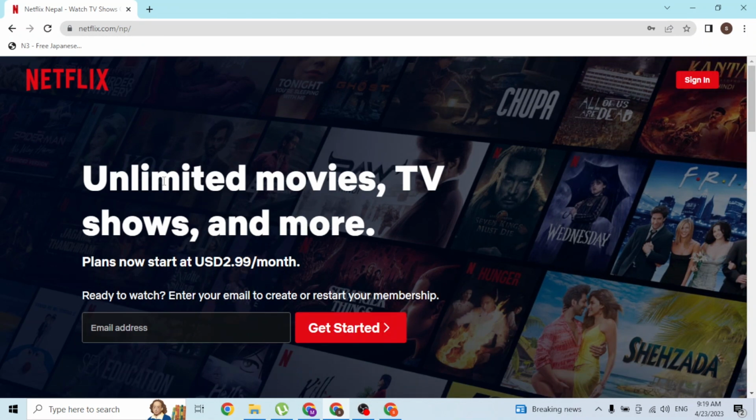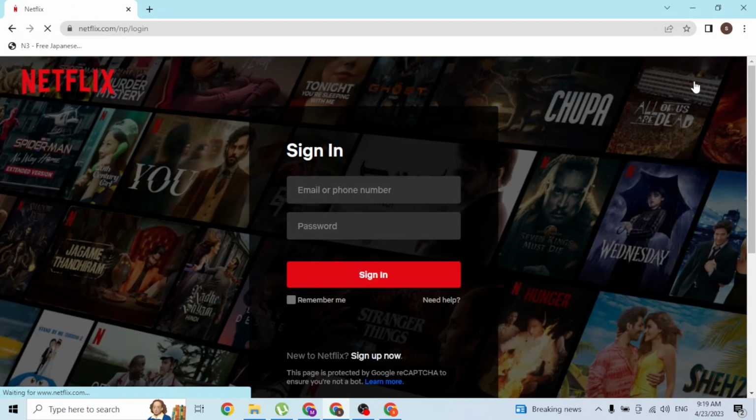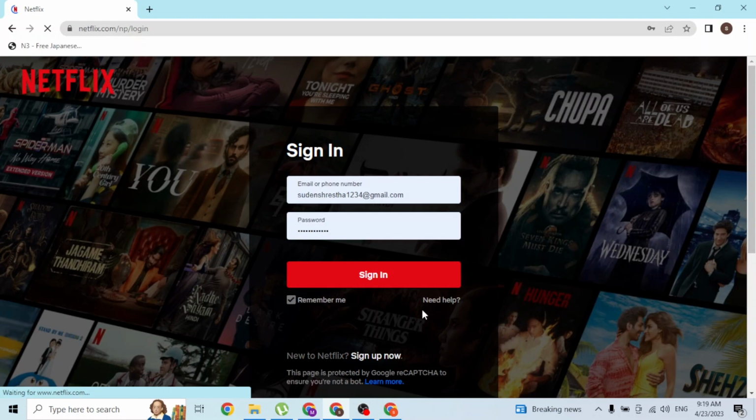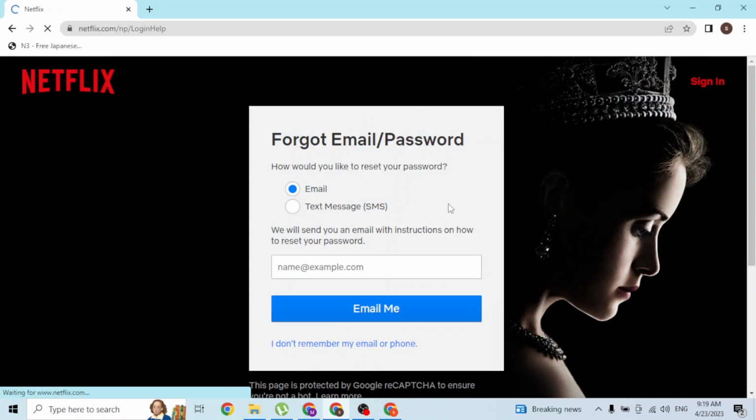When you land on the home page of Netflix, at the top right corner of the screen you can see the sign in button available for us. Simply click on sign in like this, and over here guys you can see the need help button available for us. Simply click on that need help button like this first,